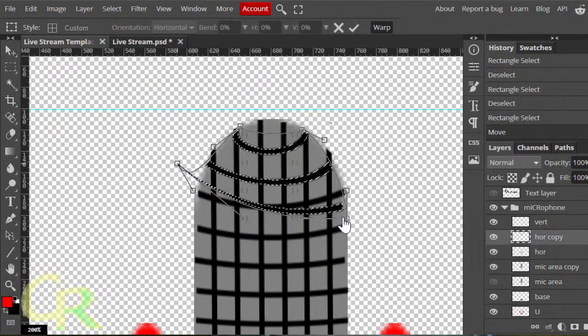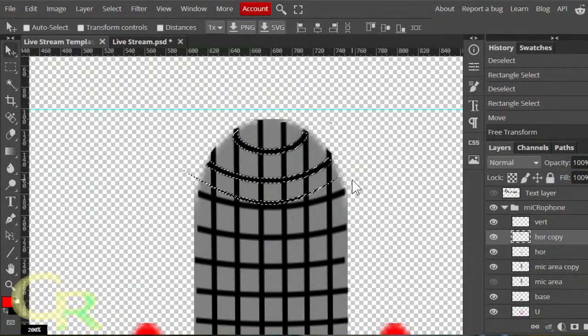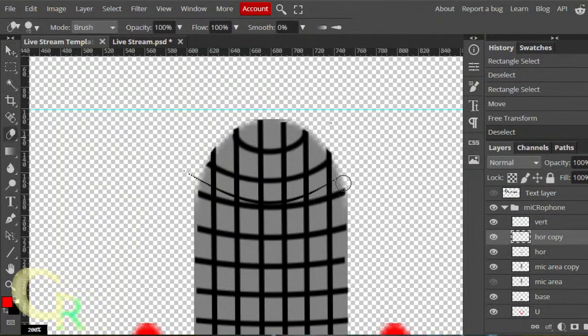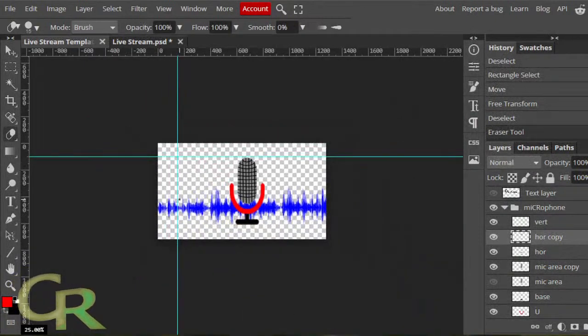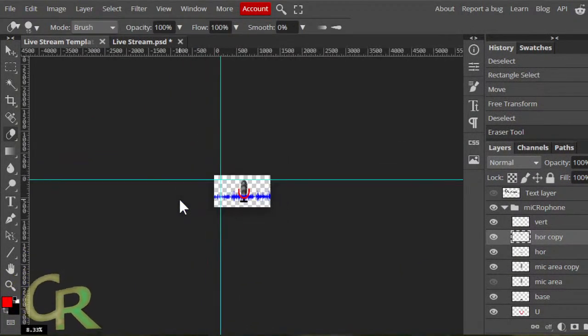Oh, right there. Control T to deselect. Yeah, see that bottom line, that one bottom line I don't like, so let's erase that. E on the keyboard, just remove that one third line in there. It'll be alright. It's not so bad actually.